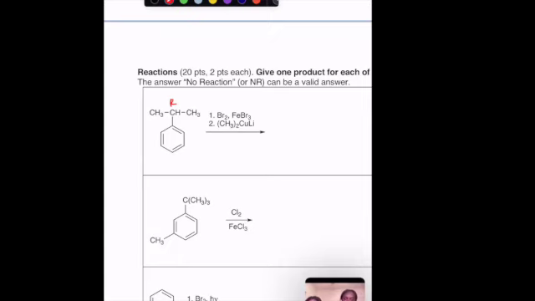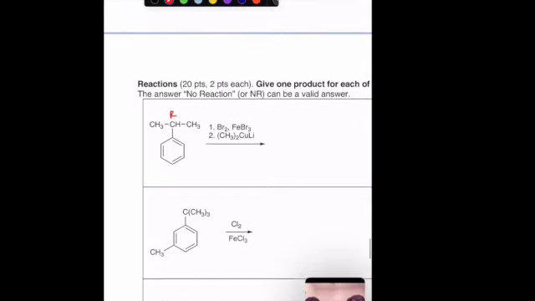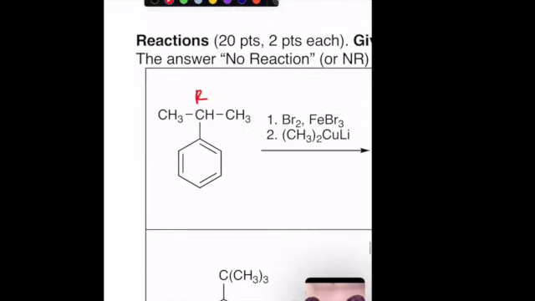Okay, almost done. So this is an R group. What do we know about R groups? Weak activators. What do we know about weak activators? Ortho para. So this Br, since it's a bromination, is going to go either here, here, or here. But since this R group is so huge and bulky,